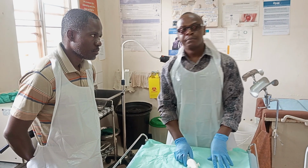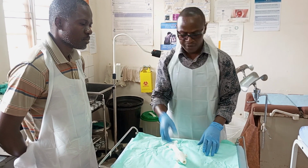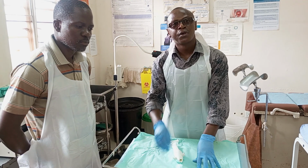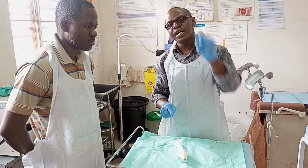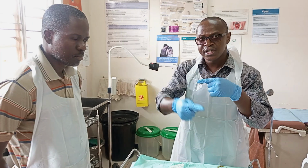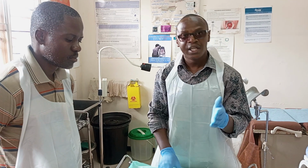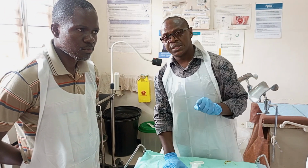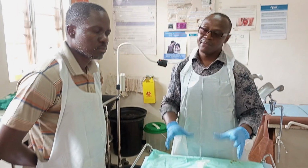Also, there is what we call underperformed MVA. You go in, you start aspirating, and all of a sudden you convince yourself that things have stopped coming out. You stop, saying I've evacuated, and yet you've left RPOCs. Underperformed means you have not evacuated everything. If those things remain inside the uterus, they are going to start decomposing. Then the name of the abortion will change to septic abortion, because those raw pieces which you did not completely evacuate continue decomposing and will go bad. The patient will develop sepsis. So underperformed MVA will result in unsuccessful evacuation of the uterus, and the remaining tissue will decompose, and the status will change to septic abortion. So these are basically some of the complications